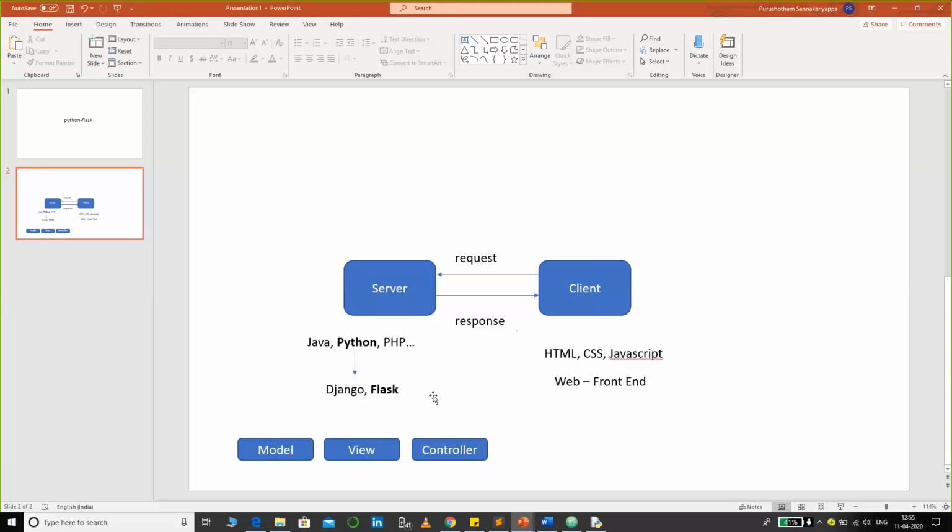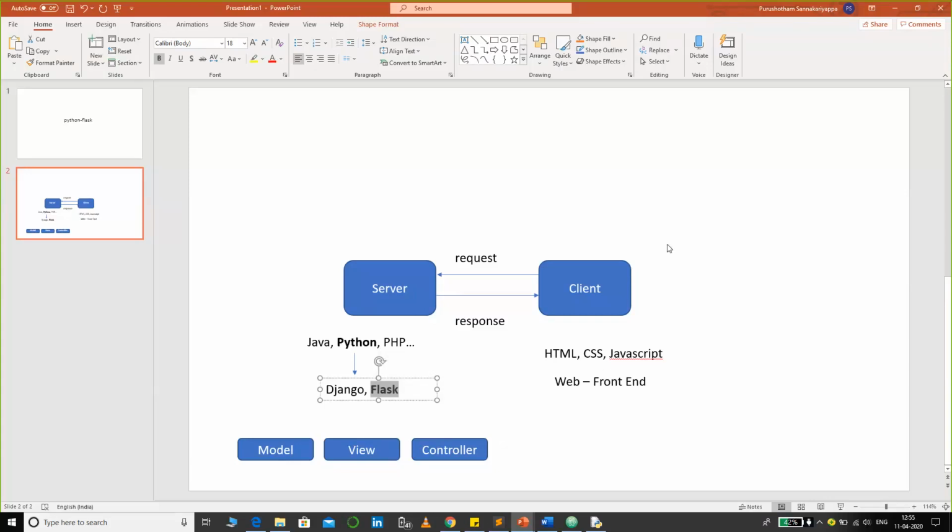In Flask, we do these model view controller tasks, also abbreviated as MVC. Modern websites are developed using the MVC architecture. And using Flask, we will adopt the MVC architecture to create simple web applications, which I'm going to give you a simple